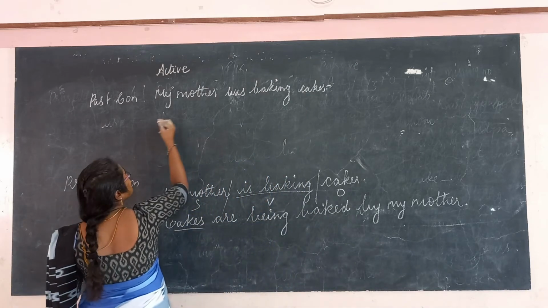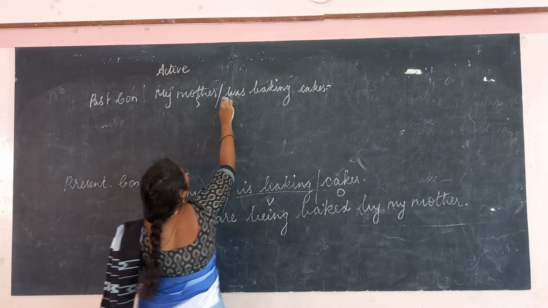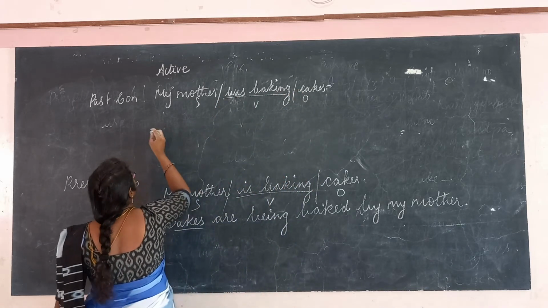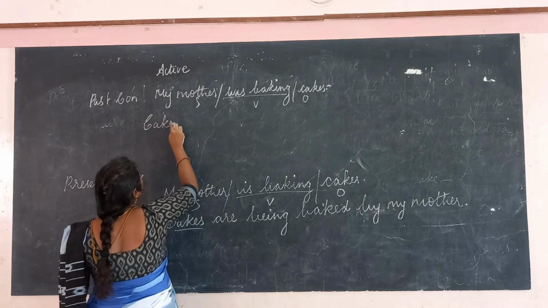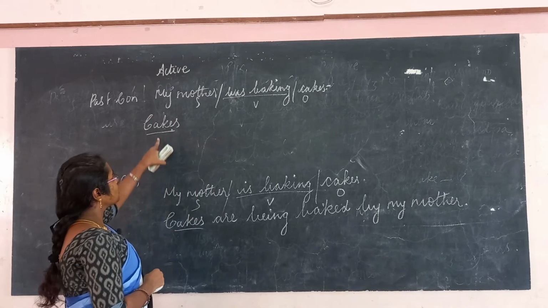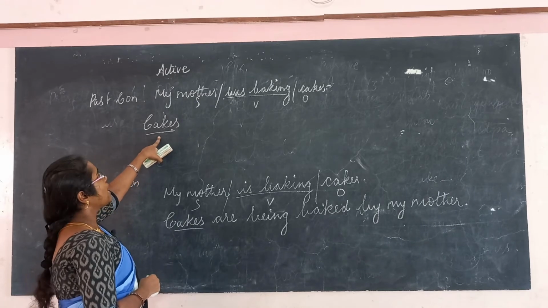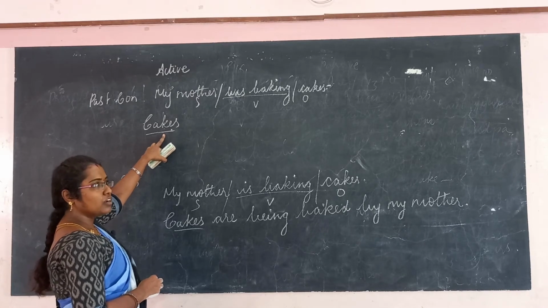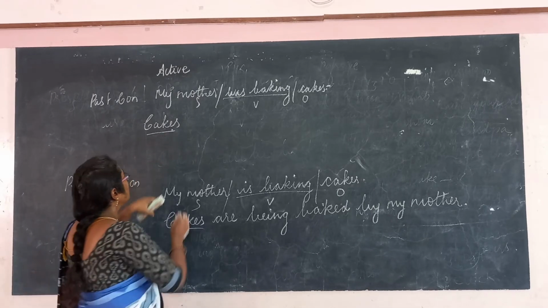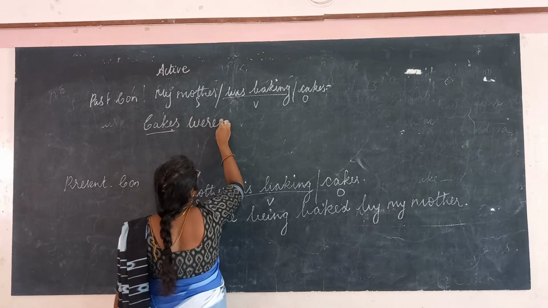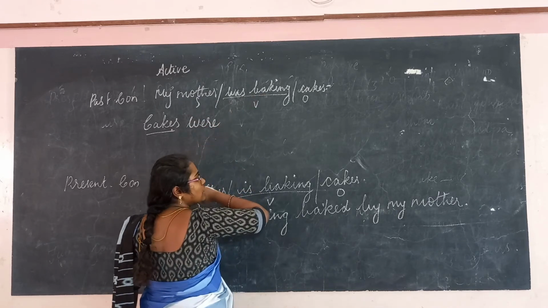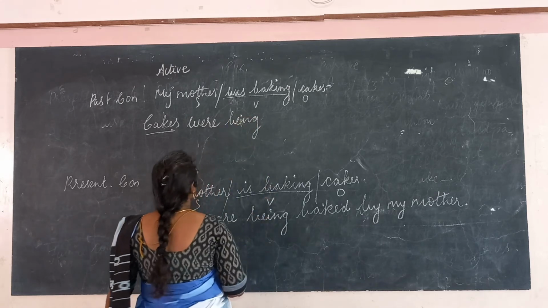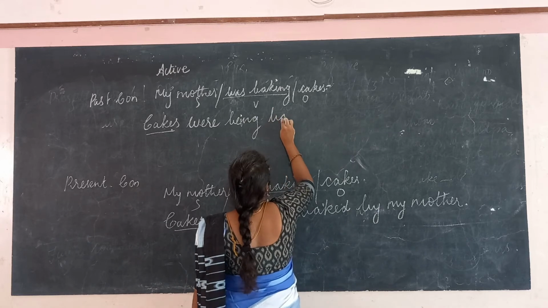So the answer is, subject, verb and object. The first stage, object becomes the subject. Cakes. So cakes are plural and the tense is past tense. So whether the be form verb is were or was. So the be form verb is were. Look at that. Cakes were. So for the continuous tense, the be form verb is being. So cakes were being baked